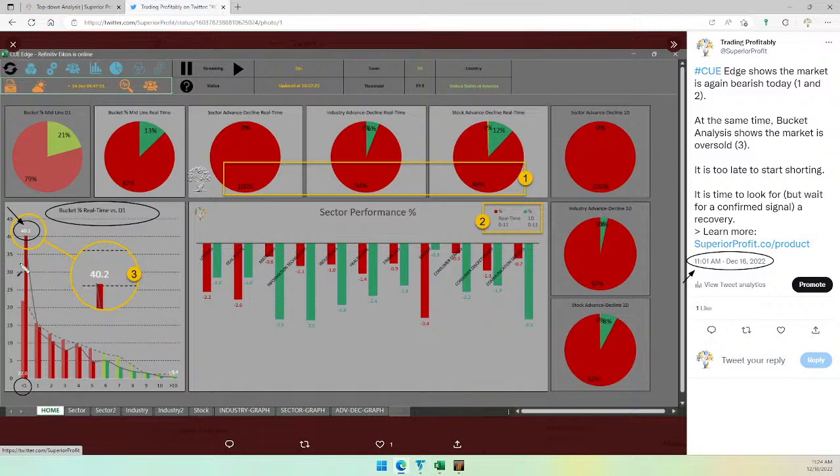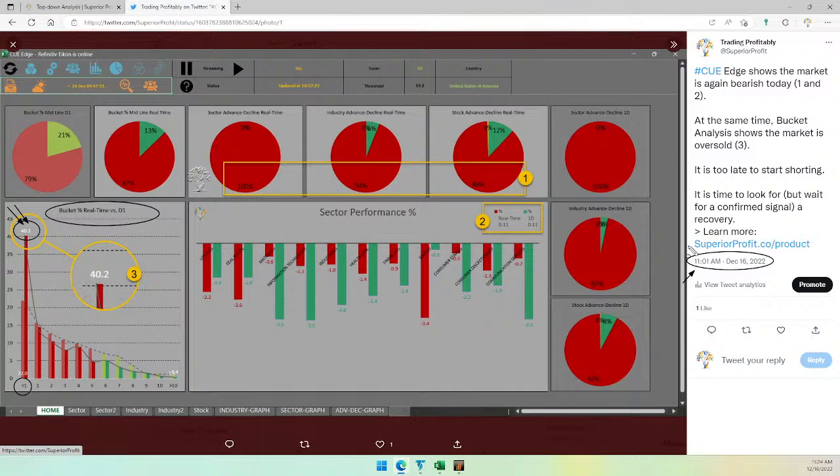But as I said, more often than not, much more often than not, when it hits the 30 to 40% level, it recovers enough to give me profitable long swing trades. And because of that phrase I used, much more often than not, reward-risk wise, it is worthwhile taking some trades when it hits the 30-40% level in bucket analysis.